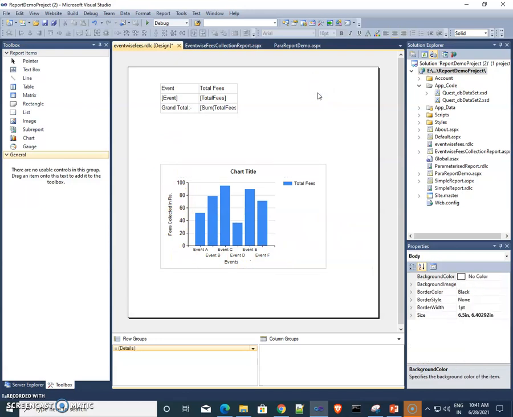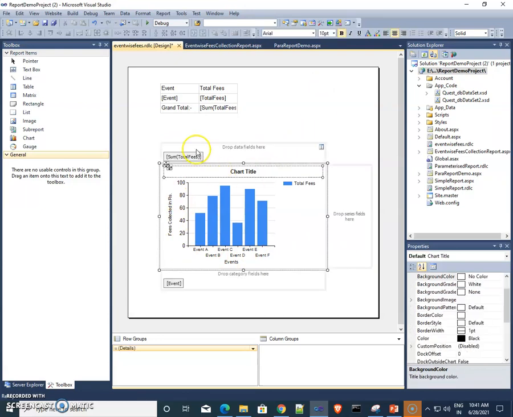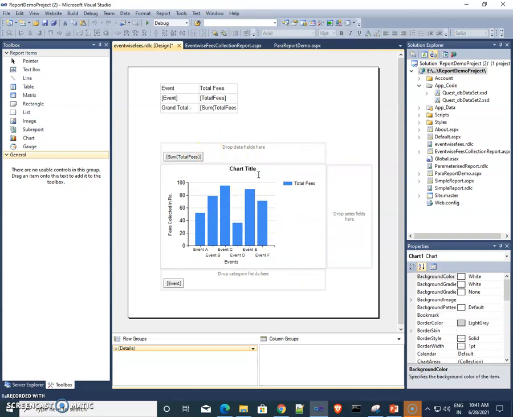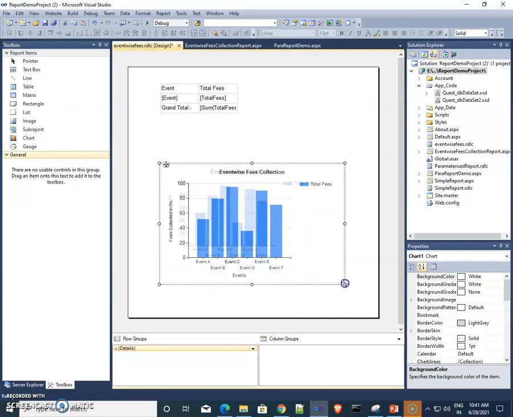So by double clicking you see all the options, and then select whatever you want. Give the chart a title as event wise fees collection.